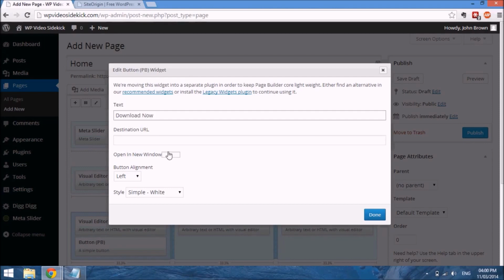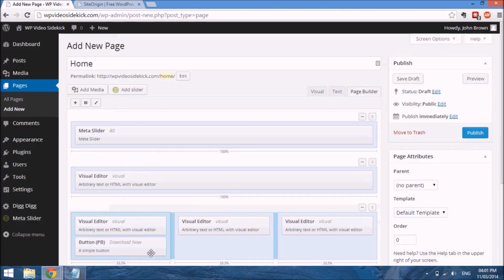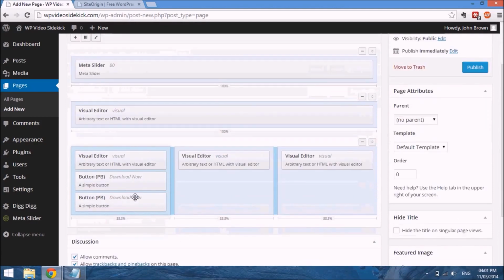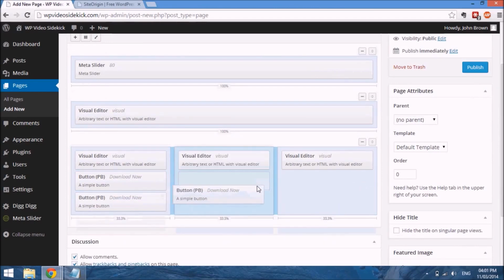download now, put a destination for the button. Select whether I wanted to open a new window, then I can justify, center, align, choose the color of the button, and I want to use an orange button to grab attention. And again, instead of doing this 3 times, I can just duplicate, and then I can drag it over,